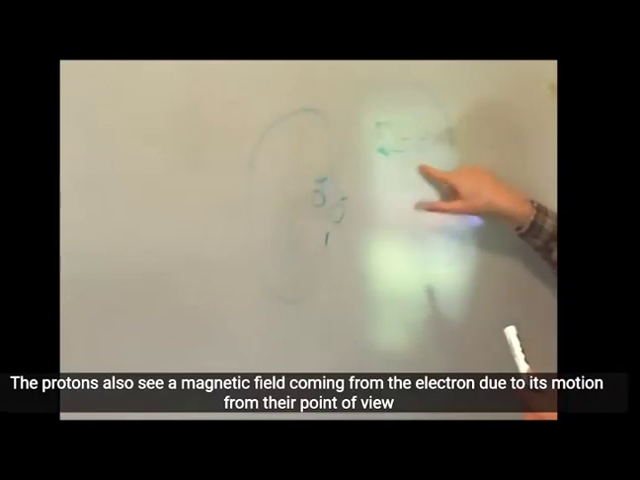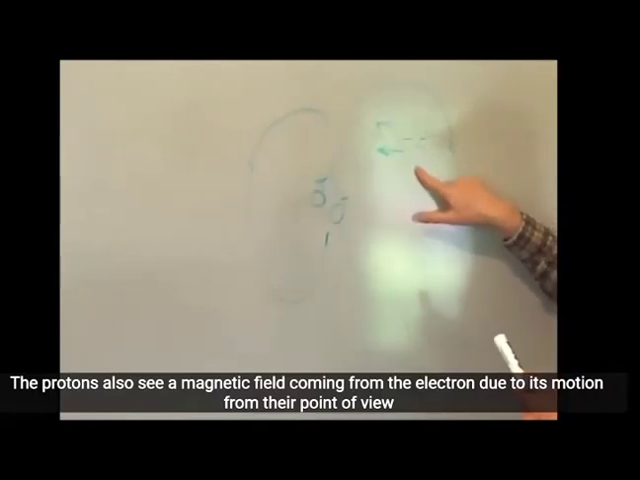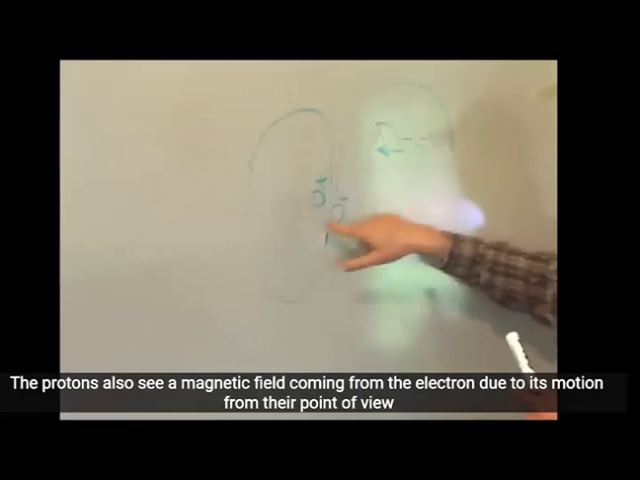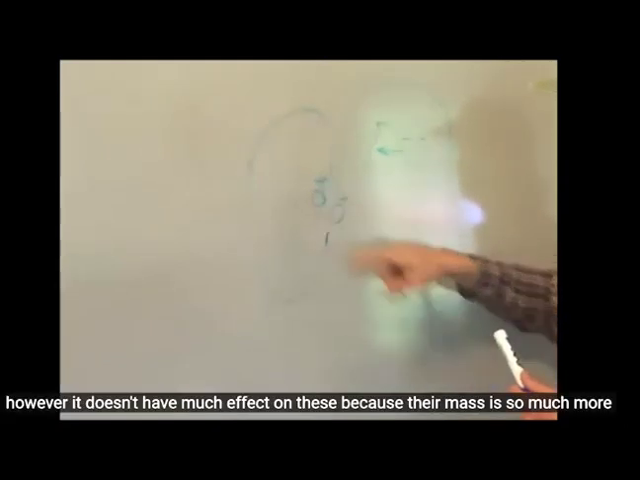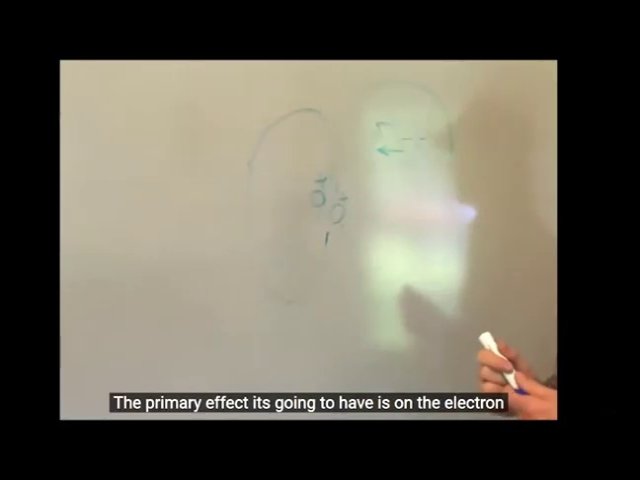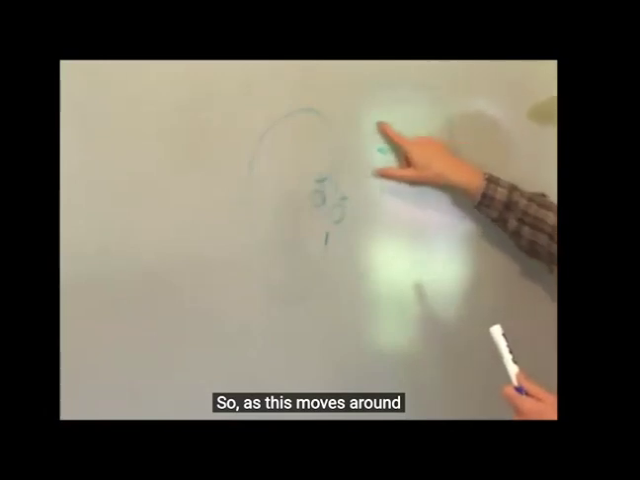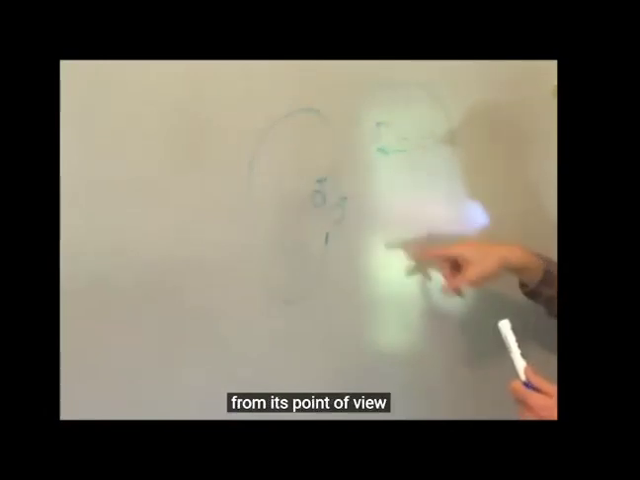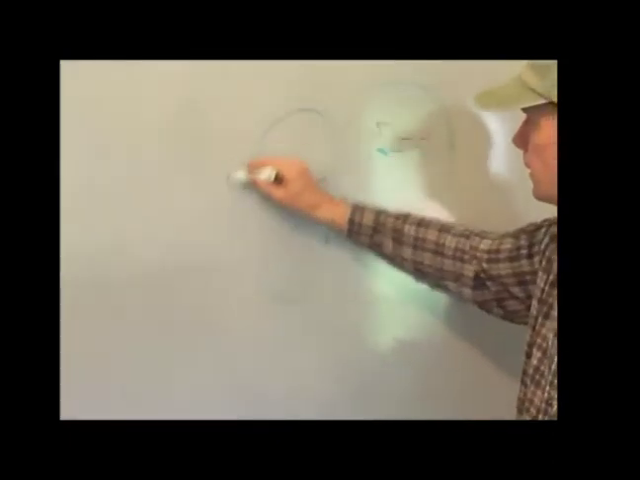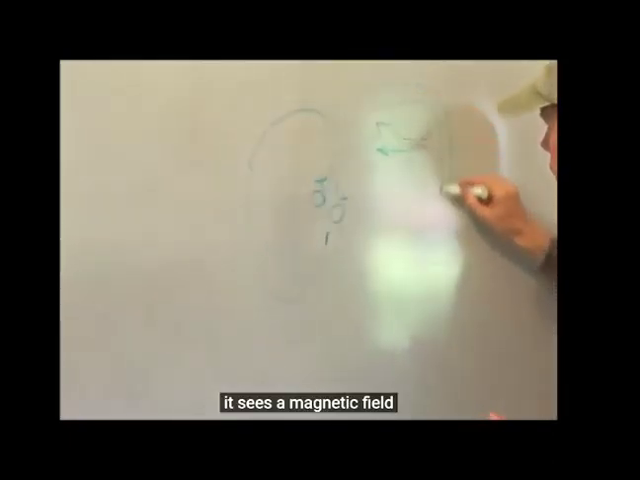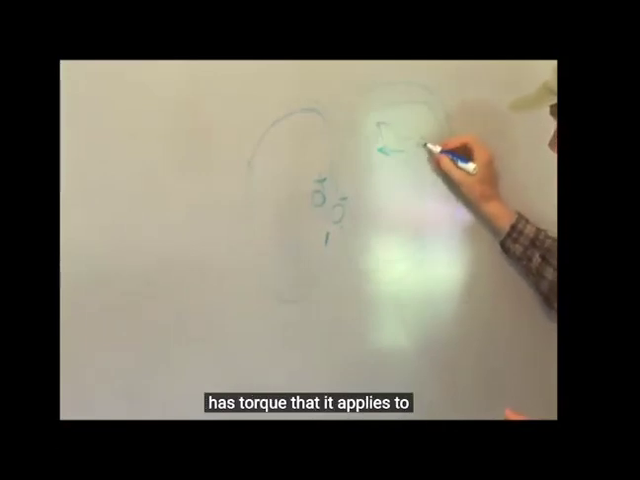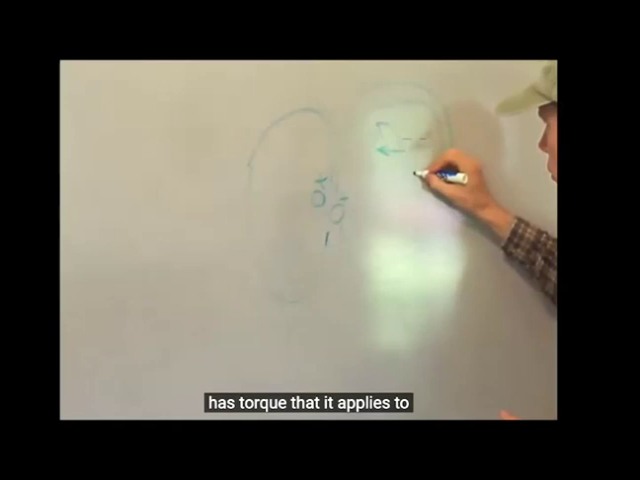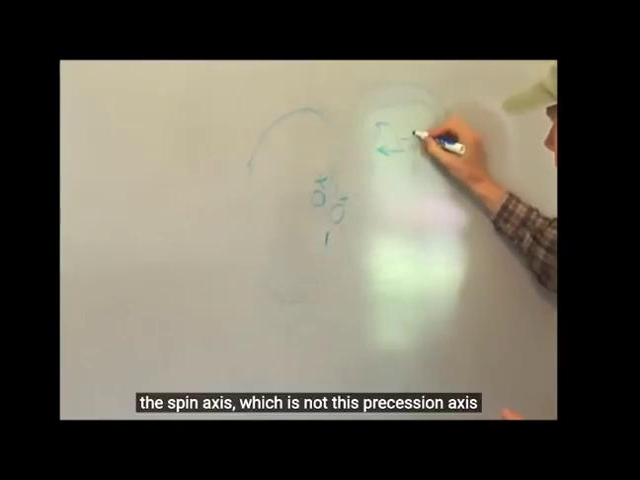The protons also see a magnetic field coming from the electron due to its motion from their point of view. However, it doesn't have much effect on these because their mass is so much more. The primary effect it's going to have is on the electron. So, as this moves around, from its point of view it sees a magnetic field, and the magnetic field has torque that it applies to the spin axis,